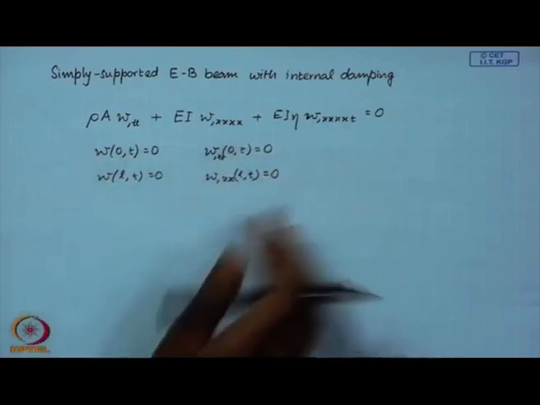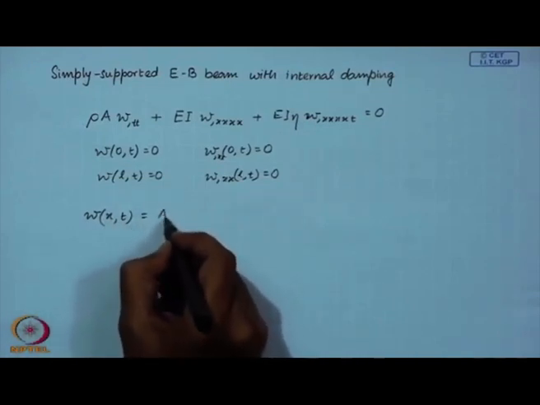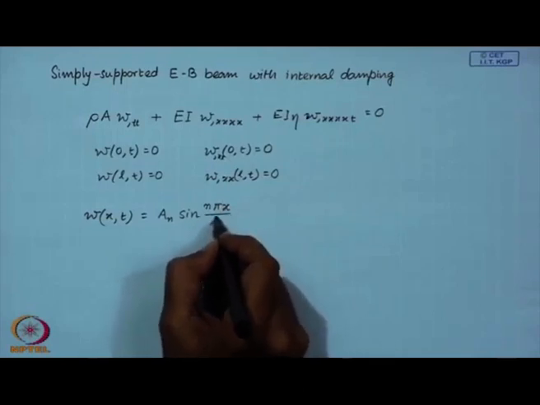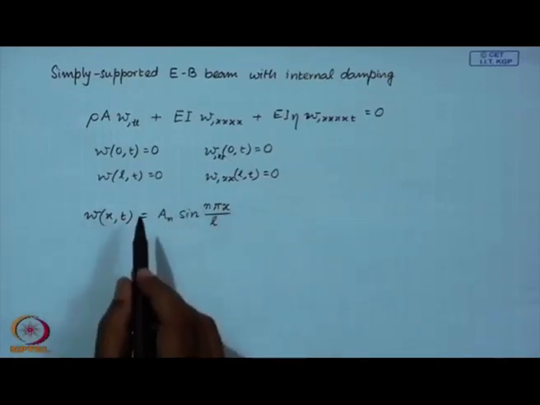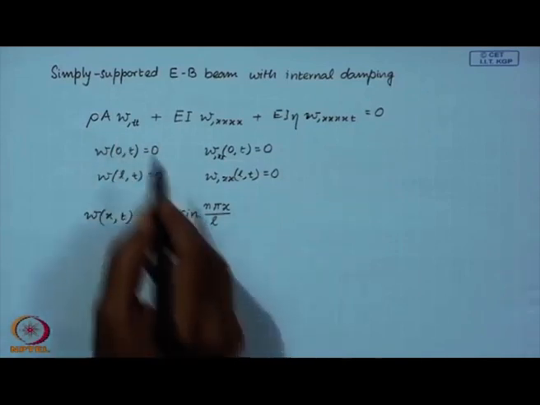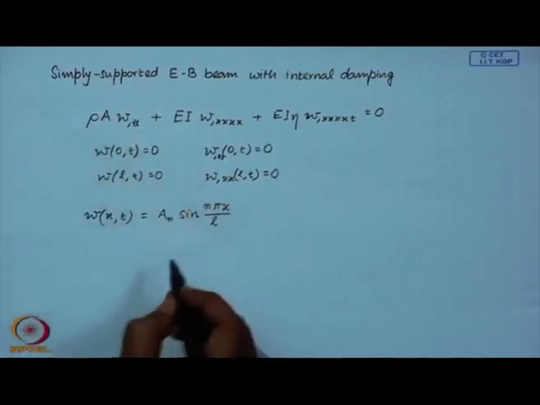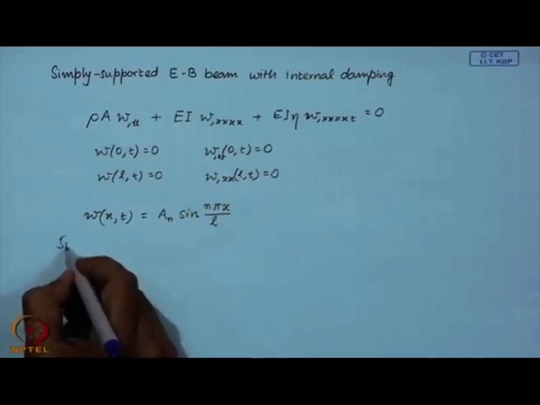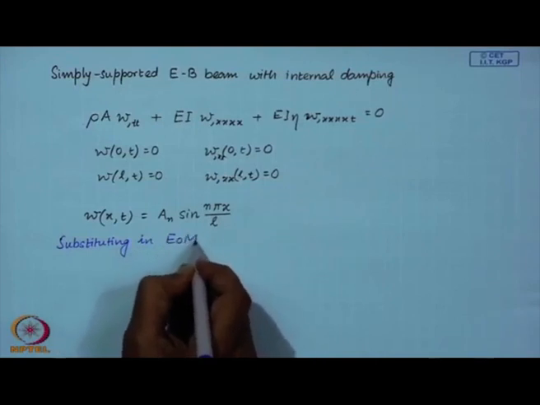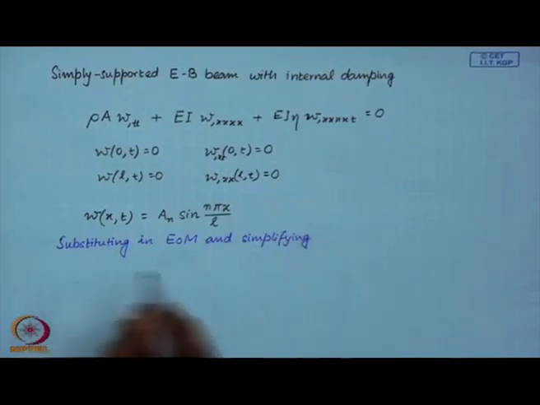Now, we have seen that for an undamped beam, the modal vibration is given by this. Let us for a moment assume that this beam is vibrating in this nth mode. So, if I substitute this in the damped equation, then I can rewrite, if you substitute this in the equation of motion and simplify, if you simplify, then